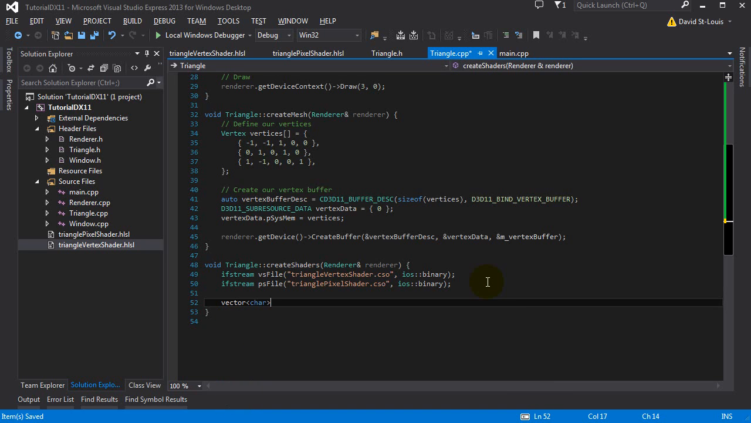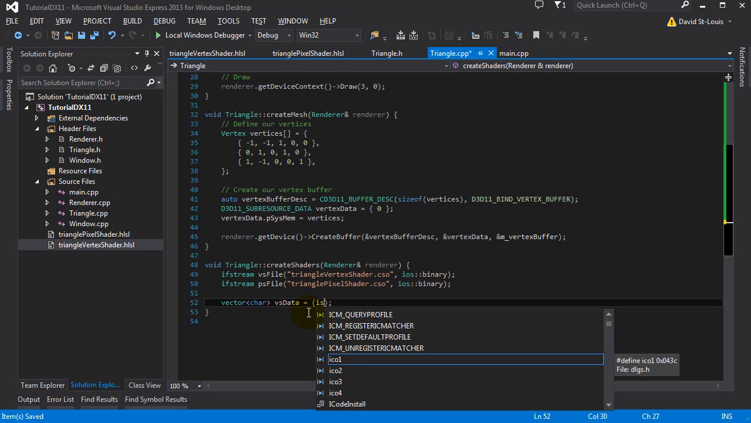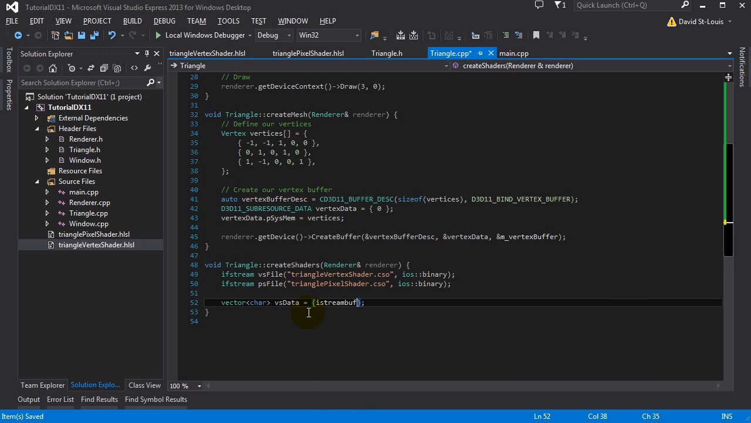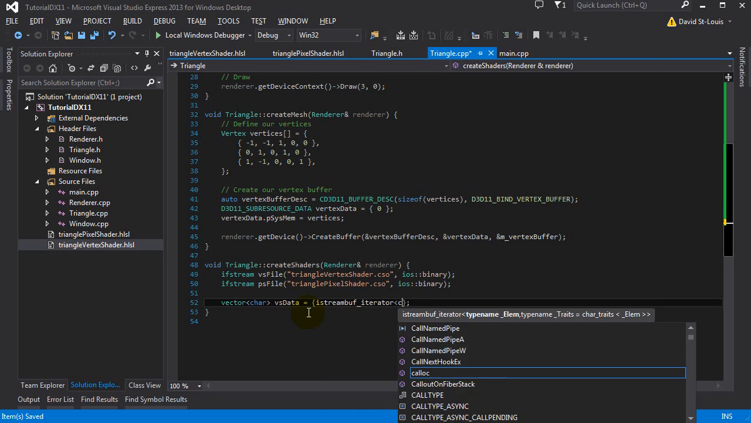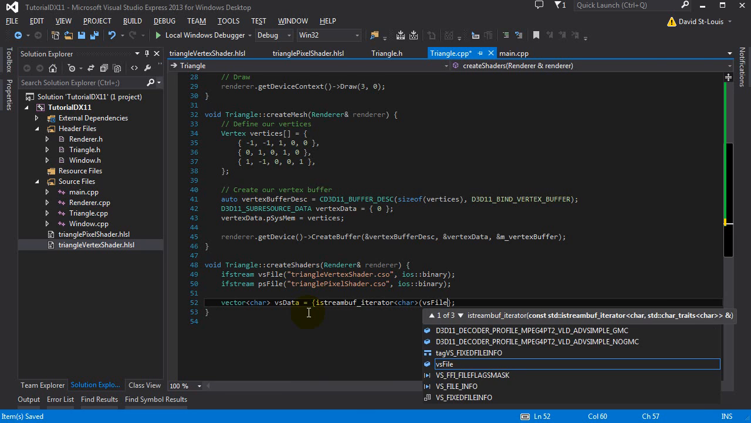All right, so we're going to have a vector of char. So that char is basically byte data. It's like the 8-bit integer, right? So it's the smallest data you can use. So we just want to load data, raw data from the files. So let's call it vertex shader data. And you're just going to say basically input stream buffer iterator of char vertex file,